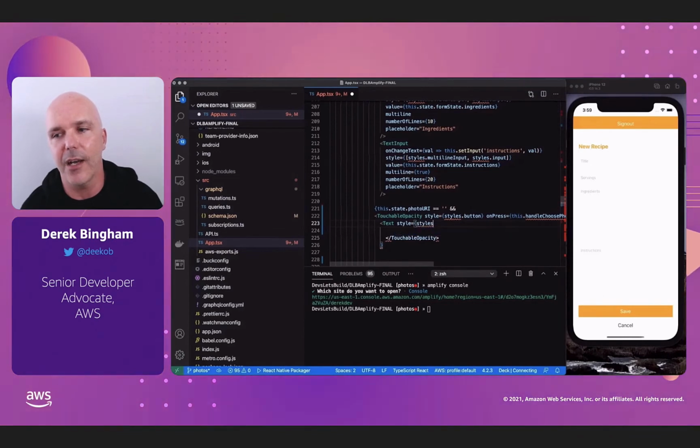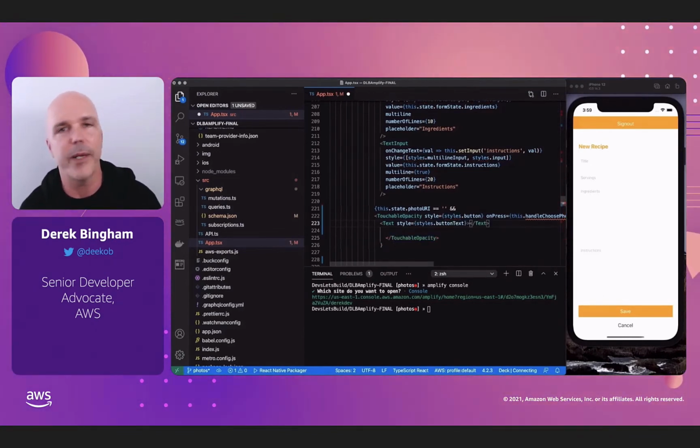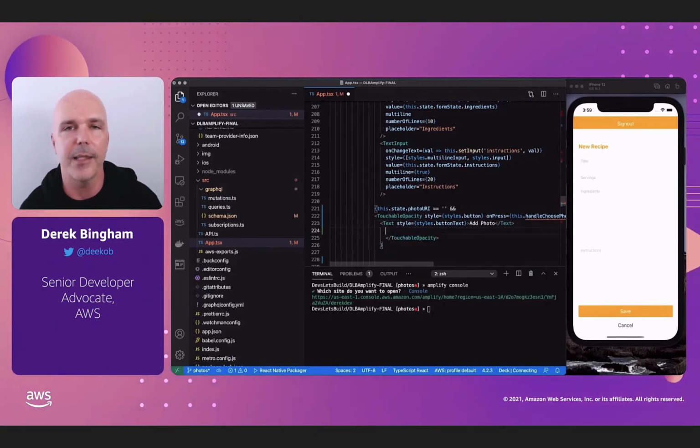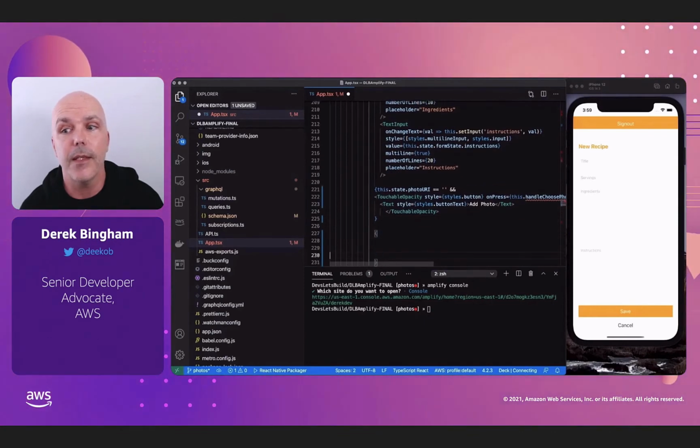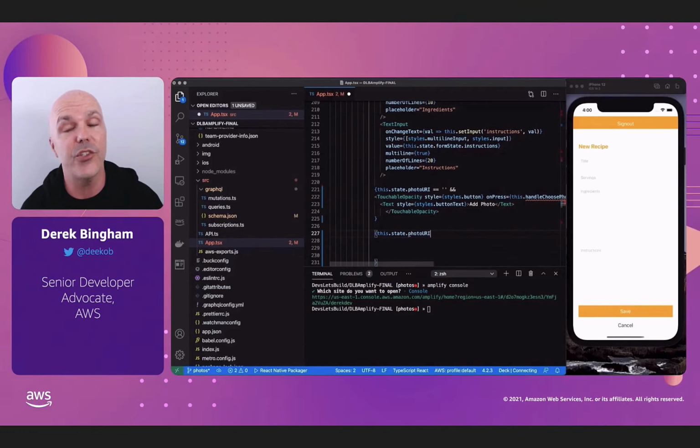And style will be the same style as all the other buttons. So I'm just copying the styles that we've already used for the buttons and giving the button some text, add photo, as well as the section where we don't have a photo URI. We also need a section where we do have a photo URI, and in this section I need to render